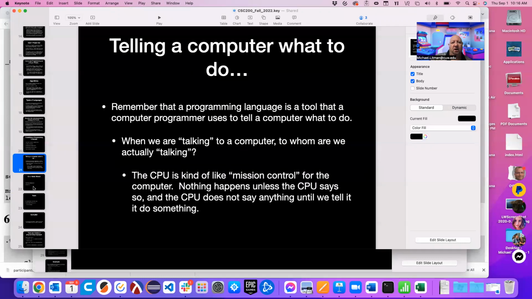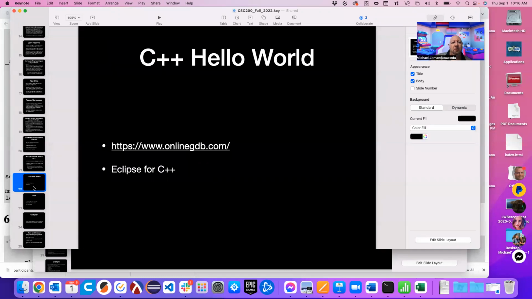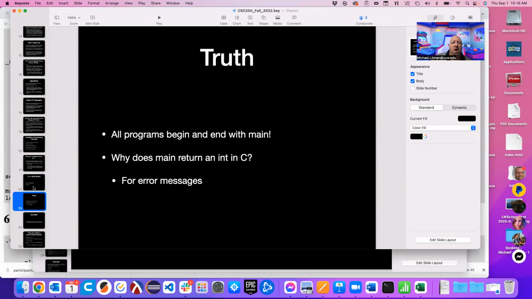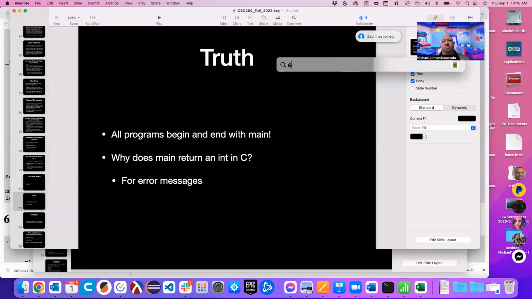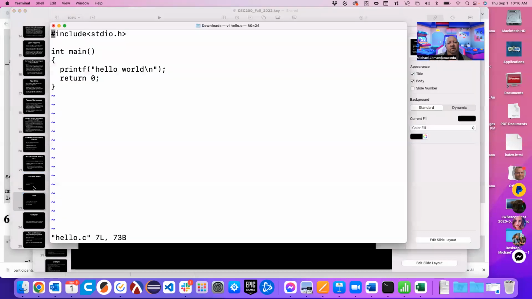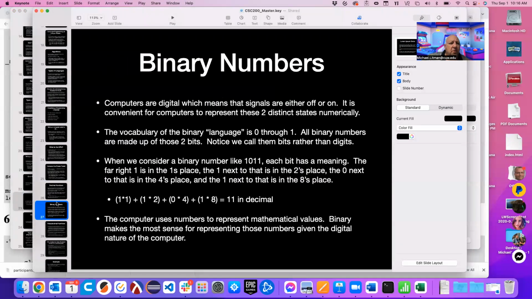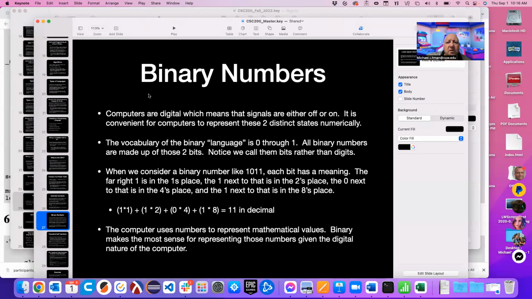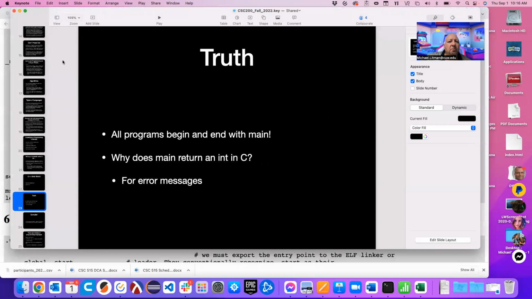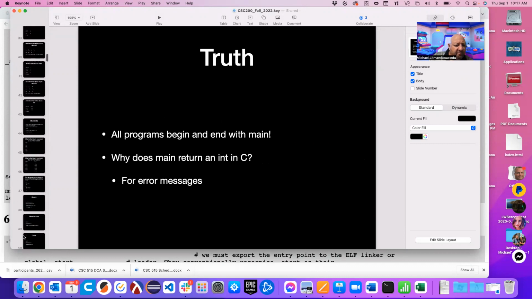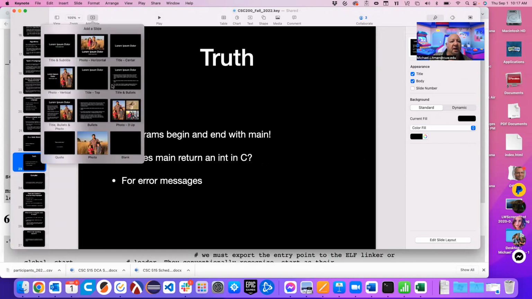So we'll run into slides that talk about some of these different things. All right, so you saw this last time. I'll go ahead and pop open my, here it is here. So I have this statement here that, am I even in the right class? Yes, that's the master one. Okay. So I make this statement that all programs begin and end with main. Now, the reason for that, and I think I have a picture for it, but if I don't, I'll create a slide for it. Yeah, I'm going to just create a slide for it. We might bump into it later on, but rather than wasting time.